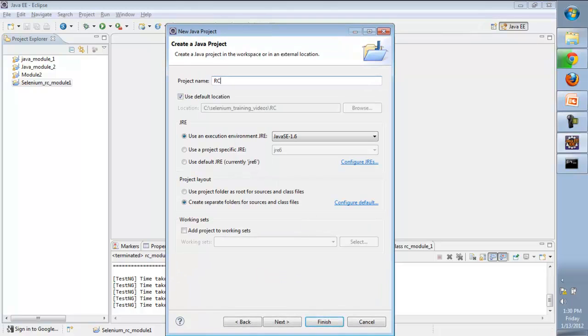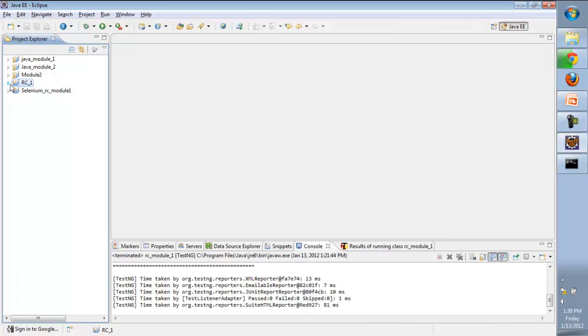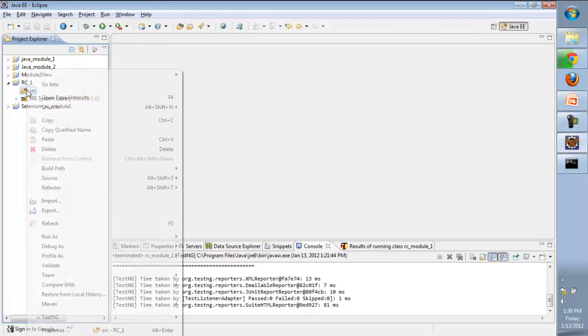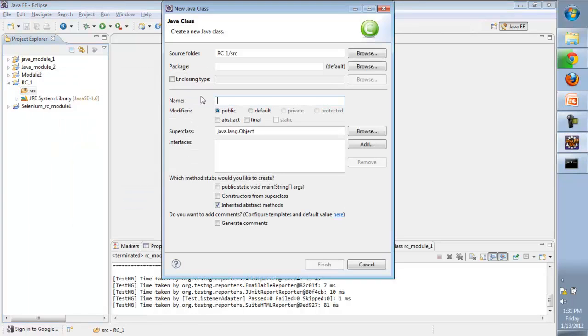Let's give it a name, RC1. Just that's it. So the new project has been created. So we'll add a new class file. We'll give a class file name as